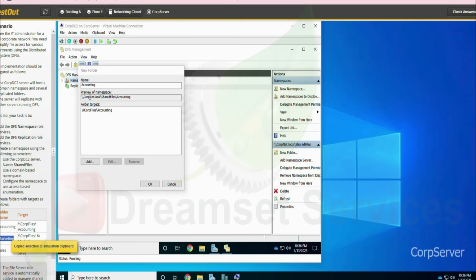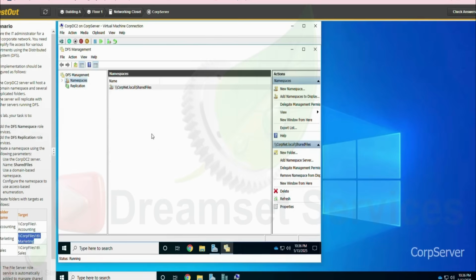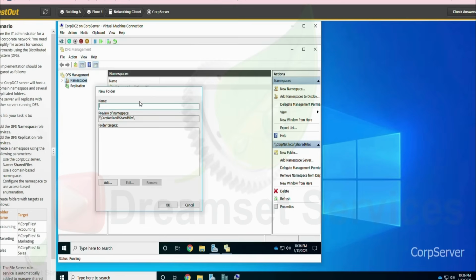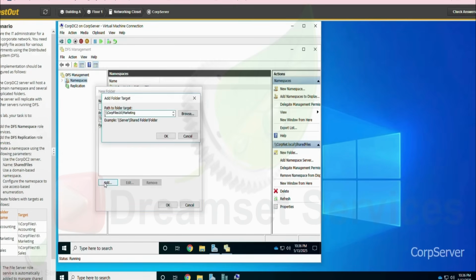Marketing, and then change this to marketing, and then copy this, and let's cancel this, select this, new folder, and we'll paste, we add, and then we'll paste, and then we'll click on OK,